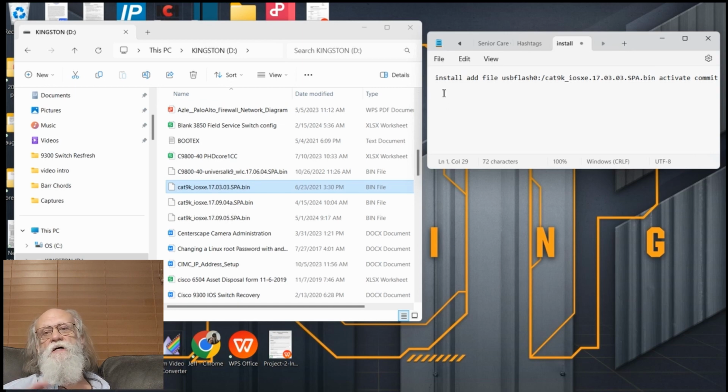Once all that's done, you get back to it, and just to show you the commands on the notepad here, ways you can verify it is you can do a show install summary. And then you can also do a show mod, which is short for show module. And this one here will show you that it's on there, and it'll have